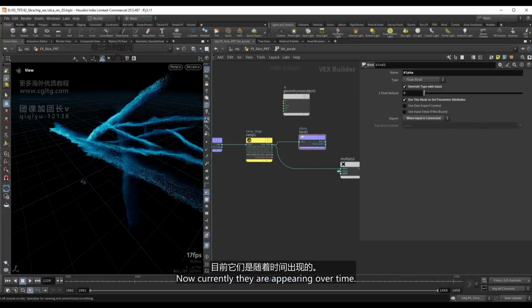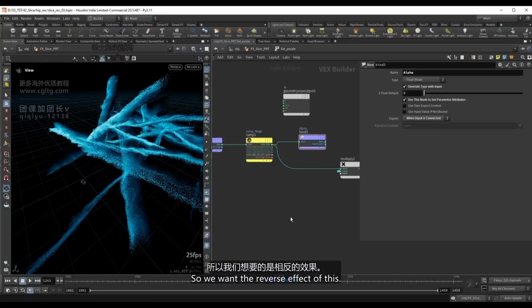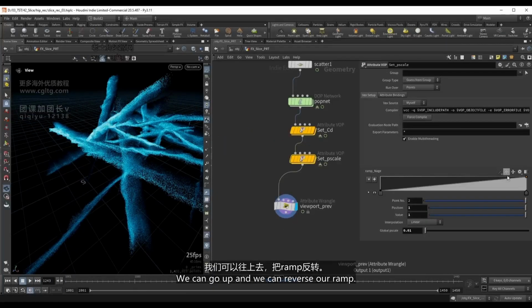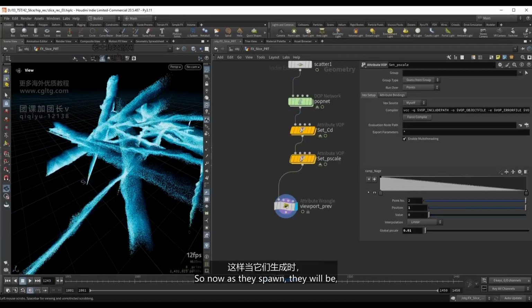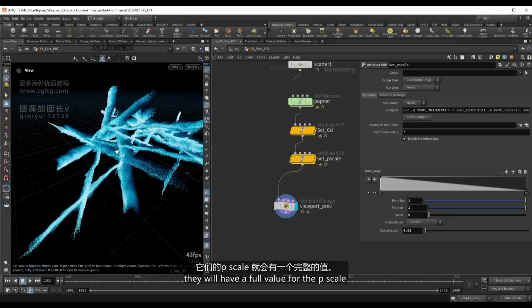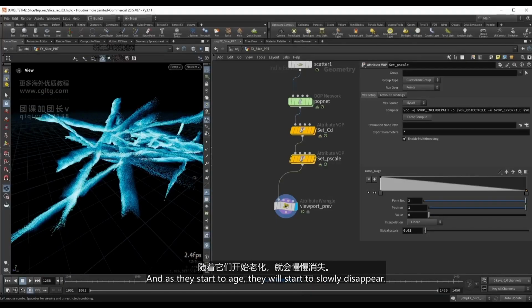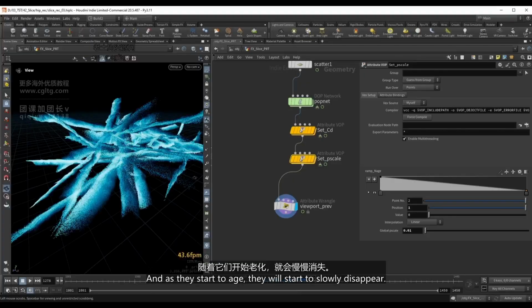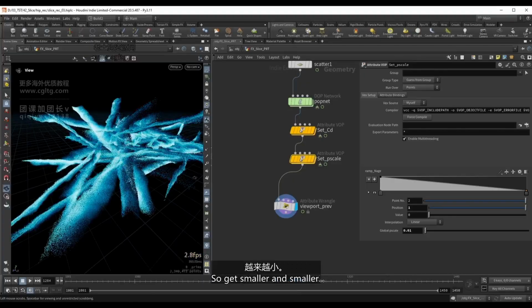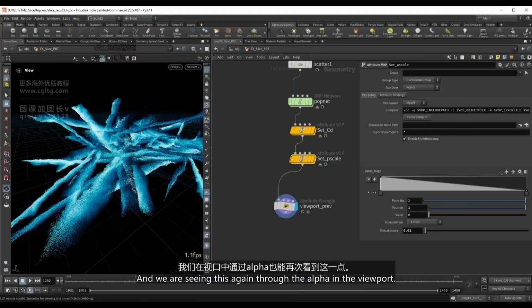Now, currently they are appearing over time, so we want the reverse effect of this. We can go up and we can reverse our ramp. So now as they spawn, they will have a full value for the p-scale, and as they start to age, they will start to slowly disappear, so get smaller and smaller, and we are seeing this again through the alpha